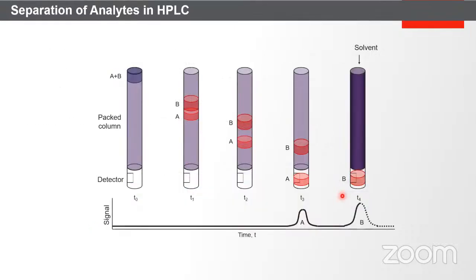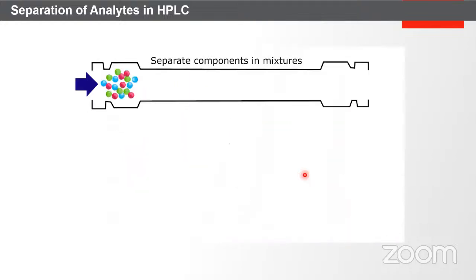Here is a schematic which clearly highlights that you have two components, A and B, and then you have a column. You pass these compounds into the column, and they differ in their rate of migration. So a particular compound elutes at a certain time, another compound elutes at another time frame. This is called RT or retention time, basically how long the particular analyte has been retained in the column, based on elution time.